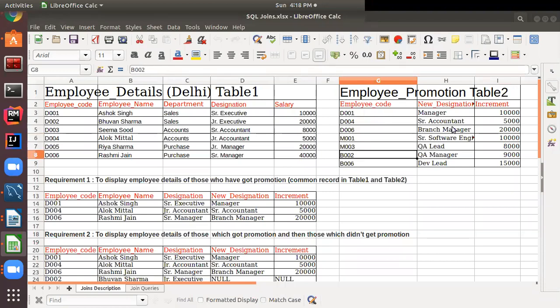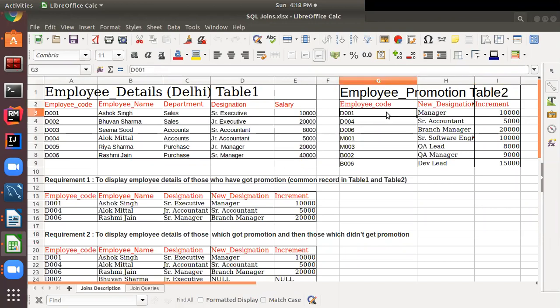The purpose of this table is to keep the promotion record of employees. The columns in this table are new employee code, new designation, and increment. That means after promotion, what designation the employee got and how much increment in salary he got.